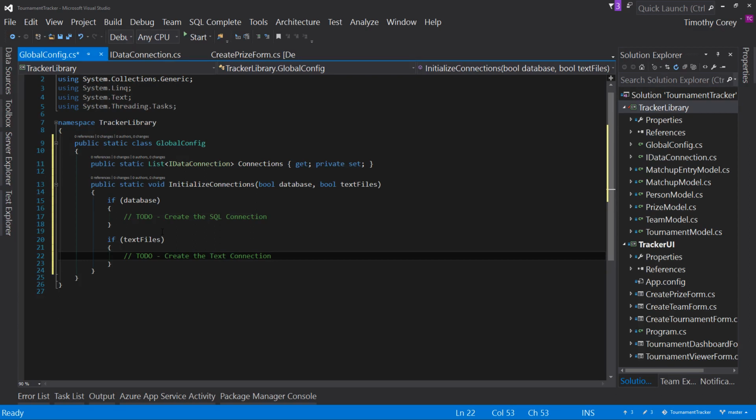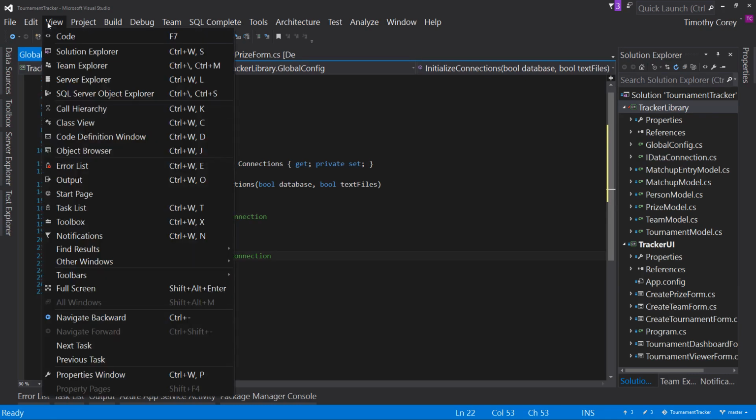Okay, and a to-do list will show up in your task list. See the task list down here? If you don't have that, go to your view, and the task list is right